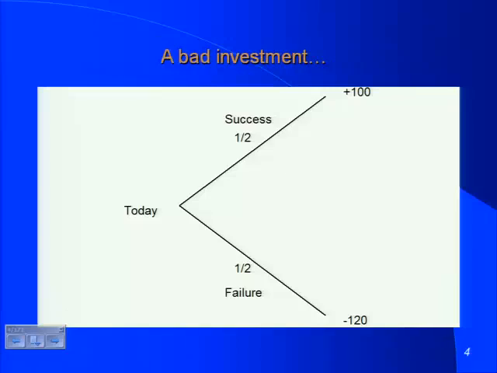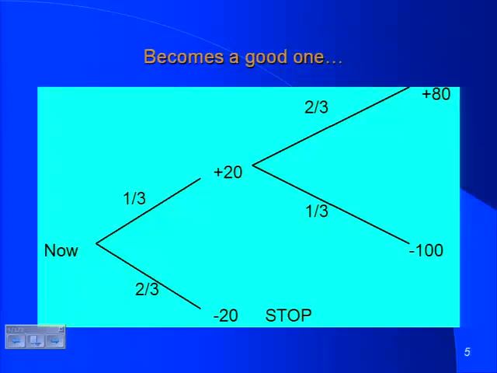You're going to invest money today. A year from now, actually you're investing nothing today. A year from now, if you succeed, you're going to make $100 million. If you fail, you're going to lose $120 million. 50% chance of success, 50% chance of failure. What's the expected value of this tree? Minus 10. You're saying, I would never do this. This is why I went to business school. I can compute probabilities, expected values. Negative expected value, I won't do it. Let me frame that same decision tree slightly differently.